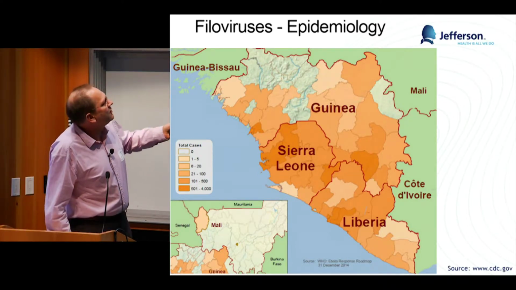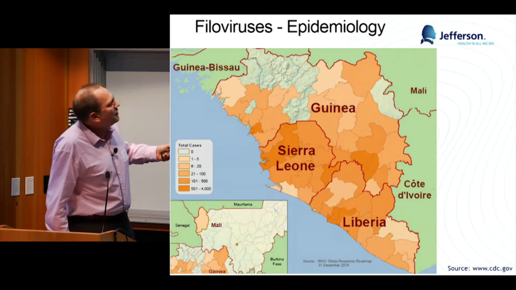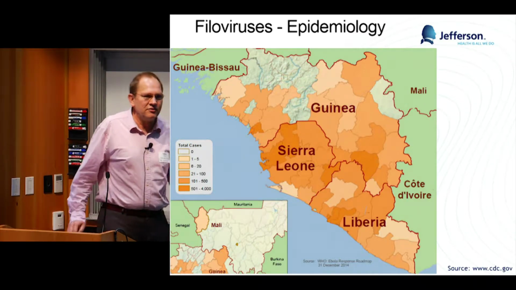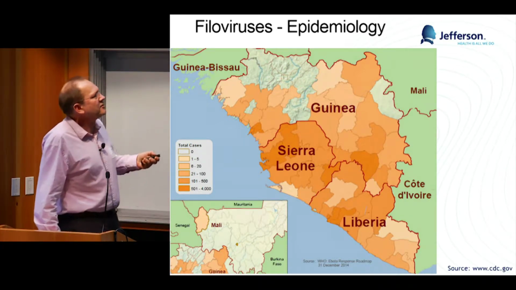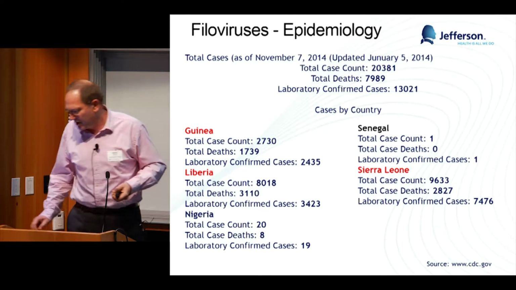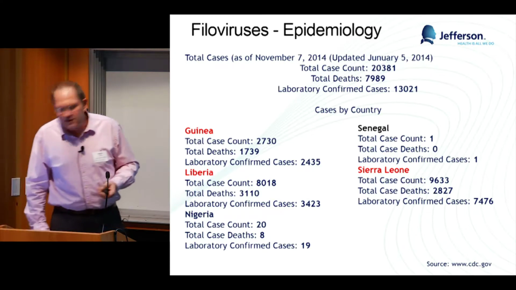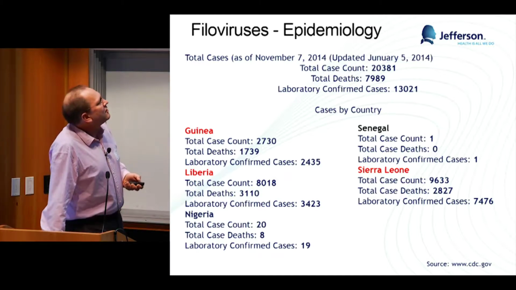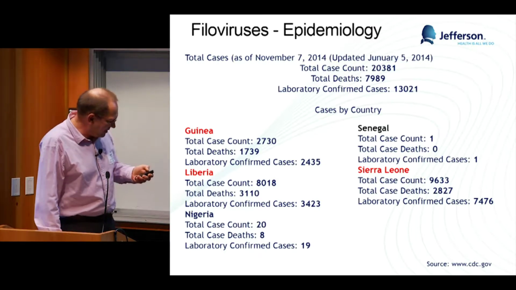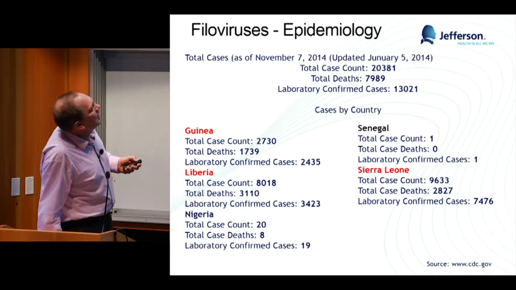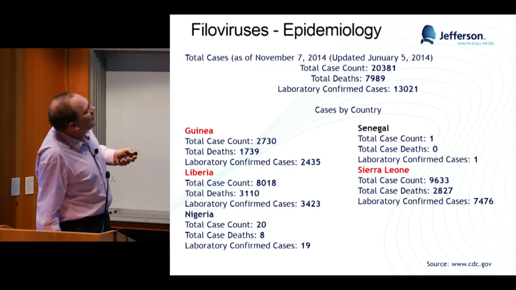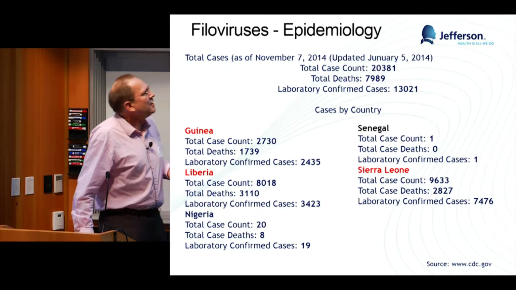That shows you the area, mostly Guinea, Sierra Leone, Liberia, certainly at the borders. I mean, every country really wants to not have any Ebola cases, but the borders are pretty often porous, so I think there's certainly some spread outside. These are the newest numbers, so the number seems not to be rising as badly as initially expected, but it's still pretty high. That's updated here, which shows you I can't spell January. So 20,000 cases, about 8,000 there, and 13,000 confirmed cases.